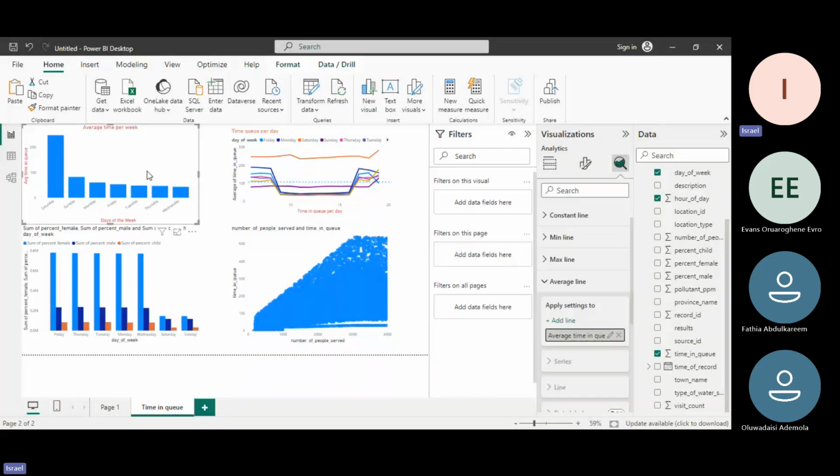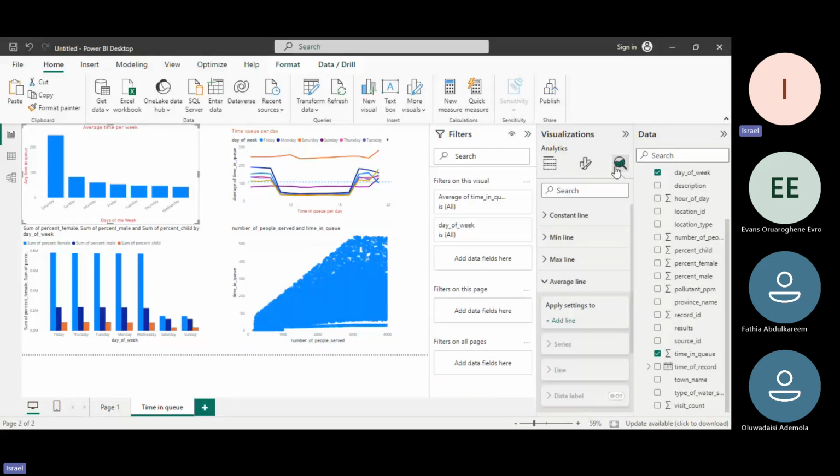So let's go to add further analysis. What is this add further analysis useful for? I want to show a particular line that is generic. Let's say throughout the whole week, what is the average time in queue from Saturday to Sunday? So I can add a kind of line. Maybe I can choose the average. I can use median. You can use percentile line. Anyhow you want. I prefer to use average line, so I'll just call it